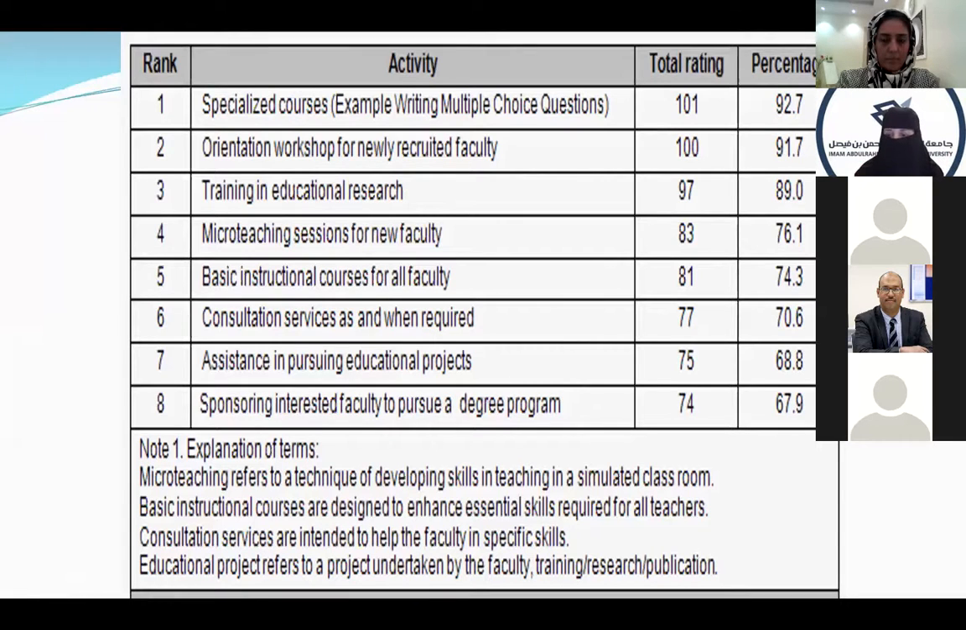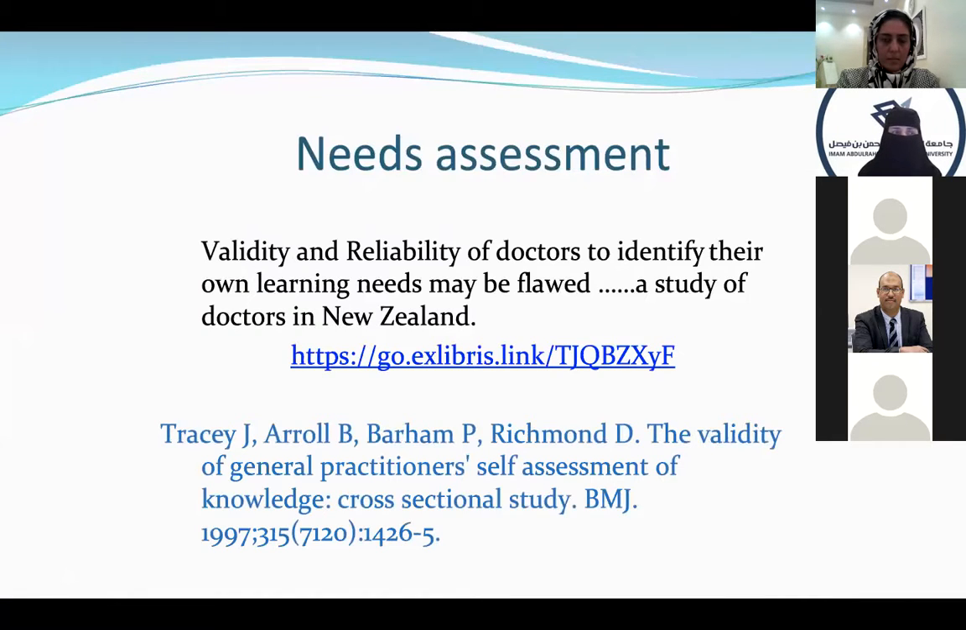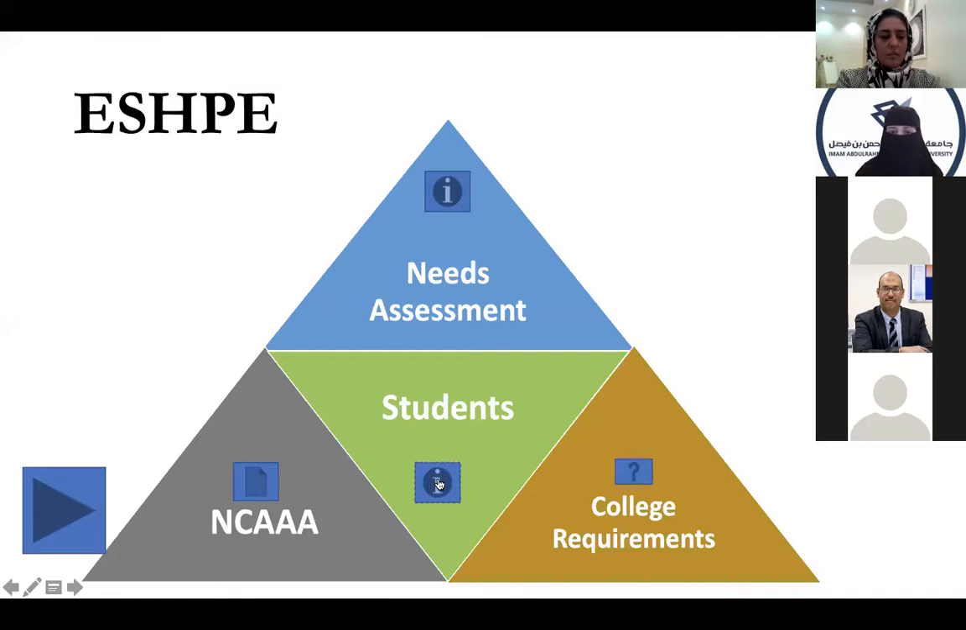Now, this was challenged by some literature, which said that faculty sometimes don't know what is important to them. They don't know how to do needs assessment. We cannot rely on what the faculty say. So we thought, let us triangulate. And now we went to the students. We had 570 students